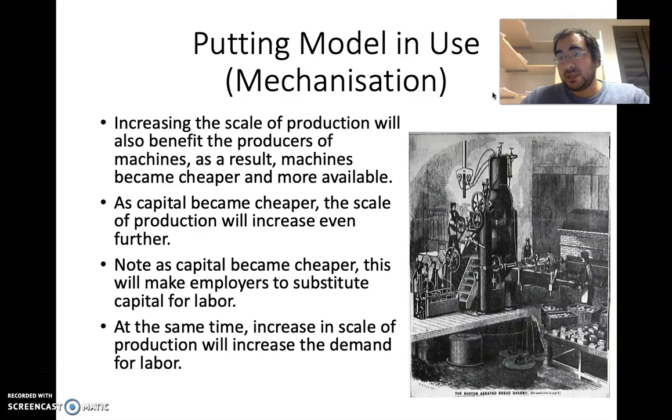That could be explained by the fact that mechanization has made capital cheaper, and as a result, especially in agriculture, there is substitution from labor to capital, and that effect in agriculture has been dominant for the whole labor market. Starting in the 19th century, that trend kind of reversed, and the economy could absorb the growing population in the cities as labor force, which could be explained as the scale effect becoming more dominant than the substitution effect.